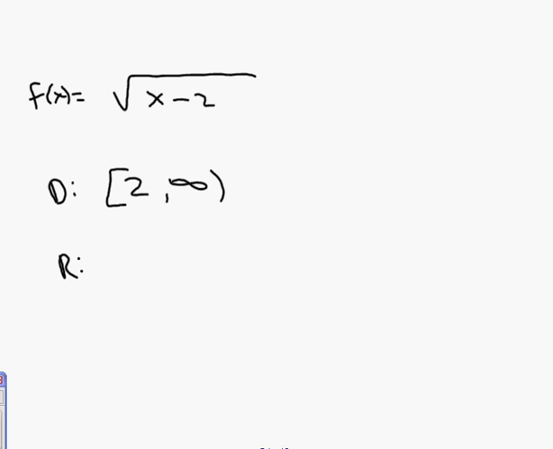All non-negative numbers. That's a new word, non-negative. Non-negative means numbers that aren't negative, so anything that's positive plus 0 can be included in that set. And let's think about that. If we plug 2 in, 2 minus 2 is 0, right? Rad of 0, 0. So 0 is definitely a possible answer to get back. There's no way to get anything negative,